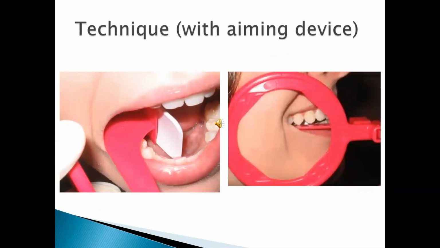Now these 2 images will show you how exactly it is placed. Remember, when we are doing the IOPA technique, we have to take the film into the lingual area, and the film almost entirely has to be dipped into that area. But in a bite wing, you need not do that. Half the film will be in the mandibular arch, half of the film in the maxillary arch. And if you are using a barreling instrument, you just have to adjust the ring, and then coincide the position indicating device, the cylindrical part of the X-ray unit, with this particular ring.